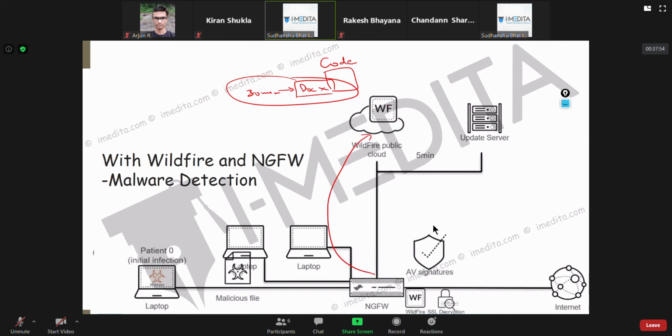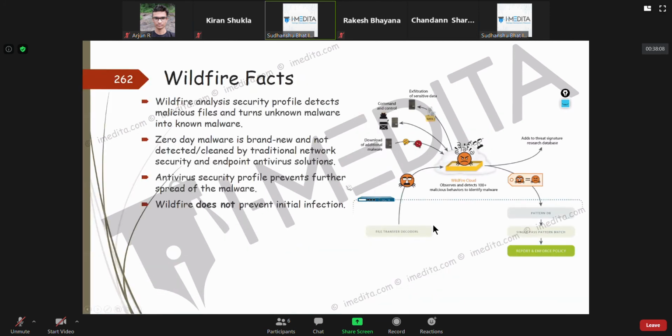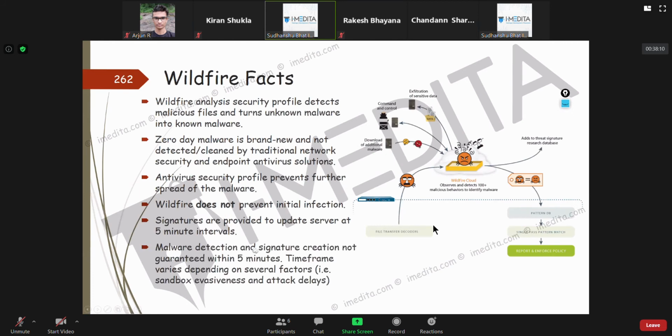Now, even if you submit and they run it in a virtual machine environment, there is no way they can figure it out and submit the details back to you in less time. Are you getting my point? So it's not like they guarantee that whatever file you submit will get signatures within 5 minutes. Like I told you, attack delays and sandbox evasiveness, all these things matter.